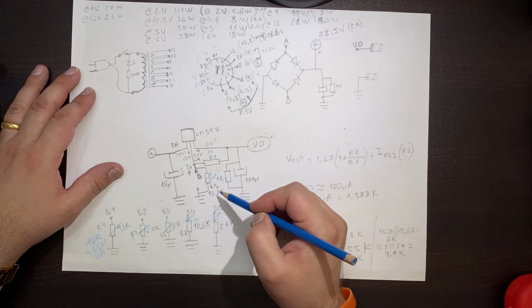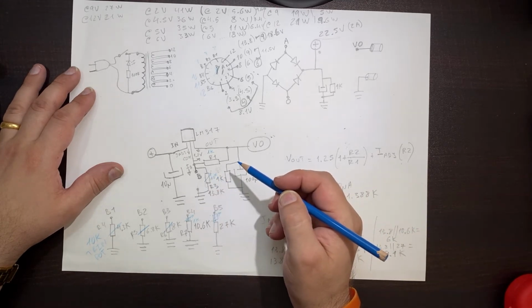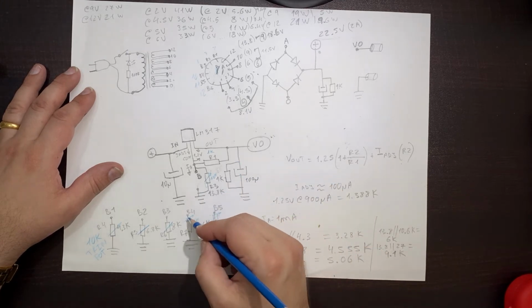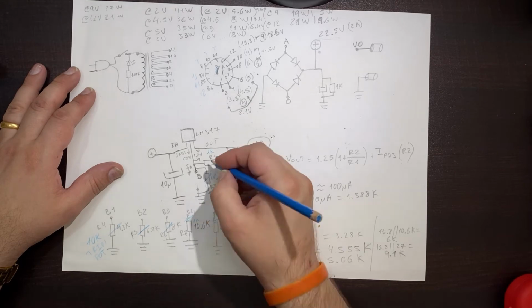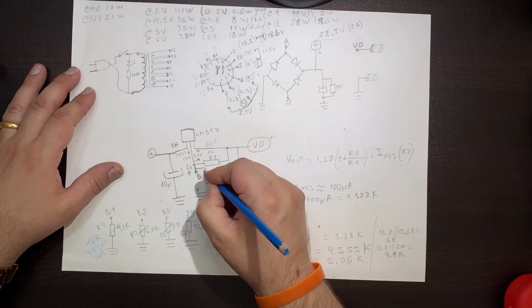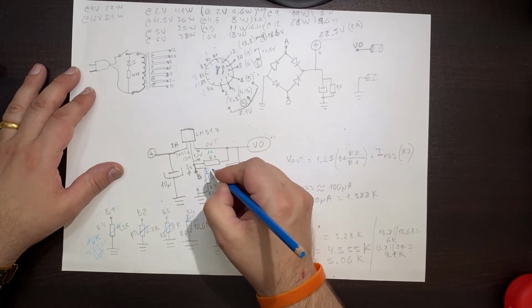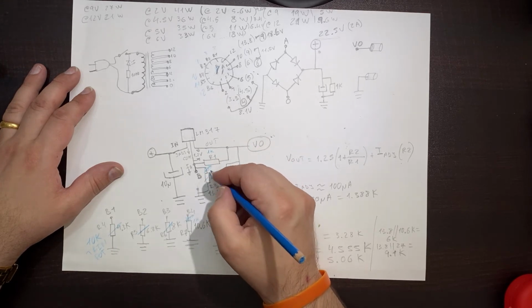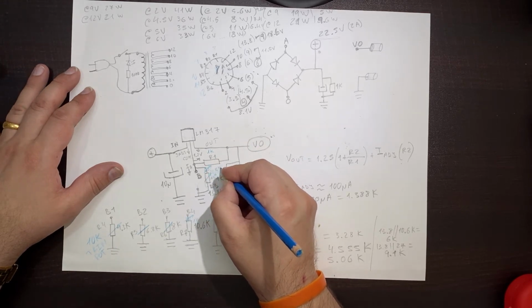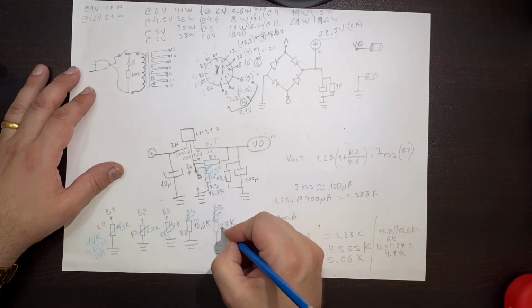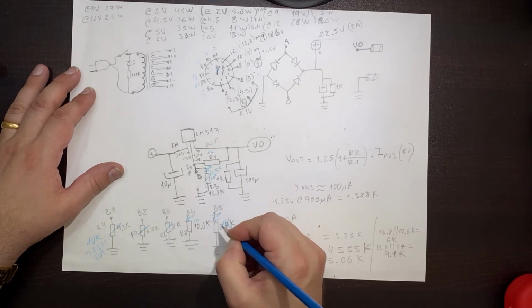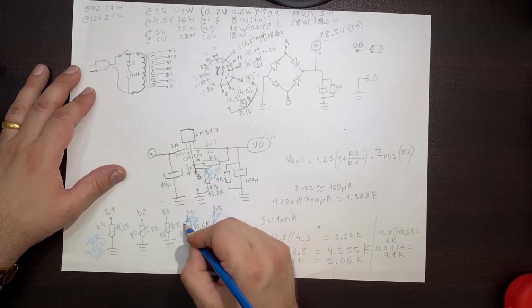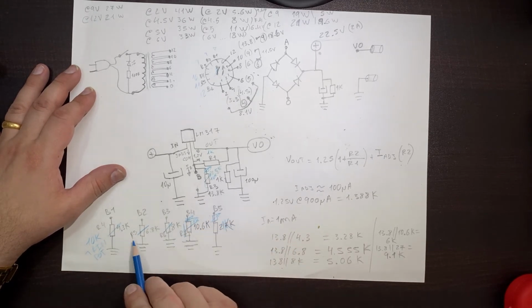And what? No, something is wrong here. So this is not it. It's here. And here there's a trim pot. Got it wrong there. And this is not a trim pot. This is a 27K. And this is a 1K here. And this is nothing. So this is just a trim pot. 4 trim pots,